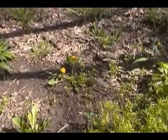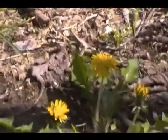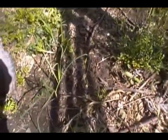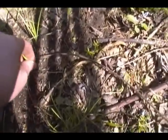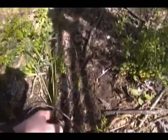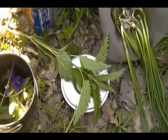Really good. Dandelions are all right here. We got dandelions, pennycress, Pennsylvania bittercress, violets, and then look right here. Oh, there's wild onions. Alright, I'm going to put this all in and get it soaking because these stinging nettles are